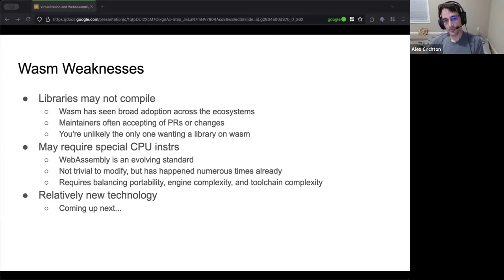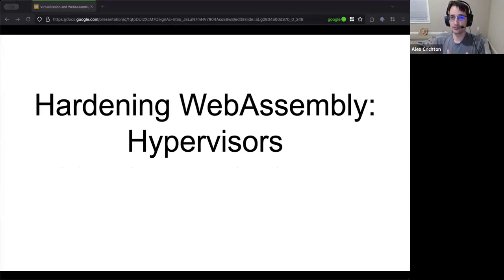But this last part: WebAssembly is a brand new technology, not exactly as trusted as many others. I want to talk specifically about that within the context of hypervisors. We've got this battle tested technology for virtual machines for running purely untrusted code. I'm trying to say that WebAssembly is great. However, WebAssembly is brand new and you have no reason to trust me. So I want to give you a reason to use the best of both worlds.